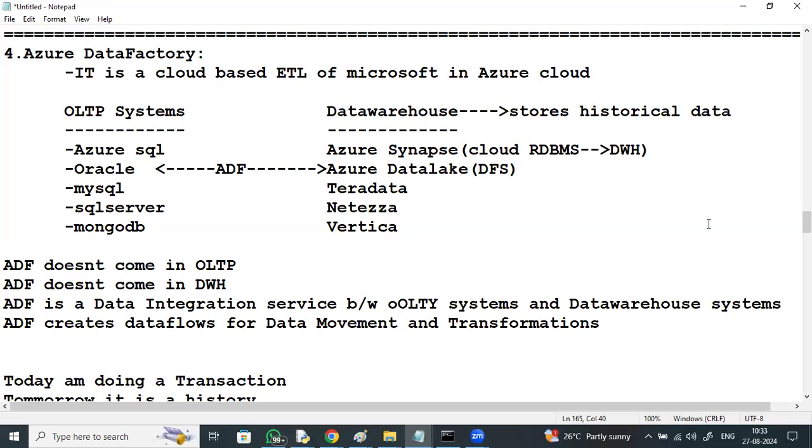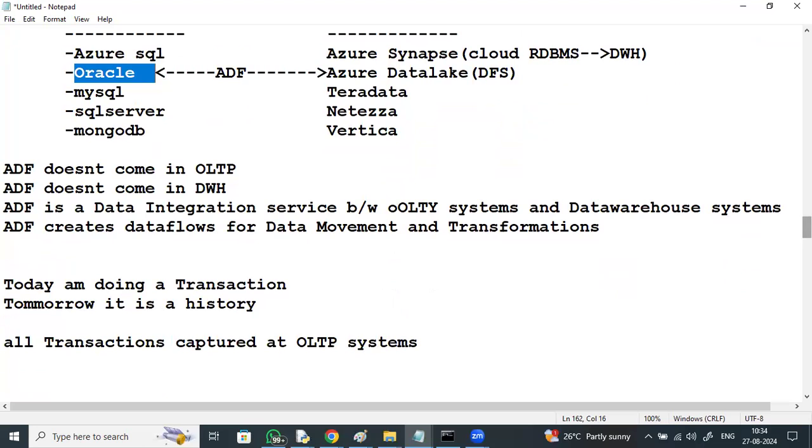Even in our course, we are going to discuss how to pull the data, how to migrate the data from Oracle to Azure cloud, or any other database. So from Azure to Azure or from non-Azure to Azure, how we can migrate that. All transactions are captured at OLTP systems. How to bring these transactions